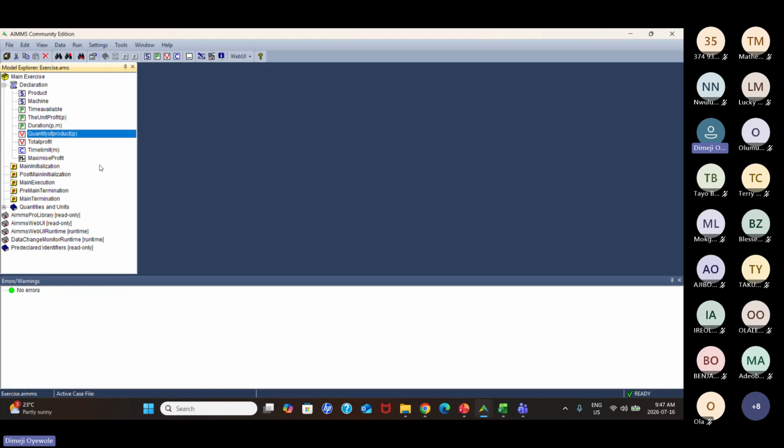So I will show us that, and then I will also show us how to use the robust add-on in AIMMS to be able to do it. I don't have the license, so I cannot run it, but I will show us how to do it. I can run this one because my license is limited now.